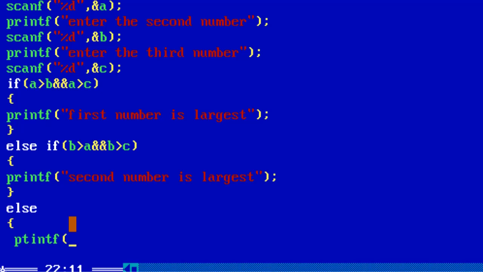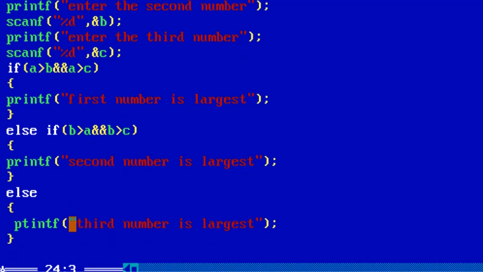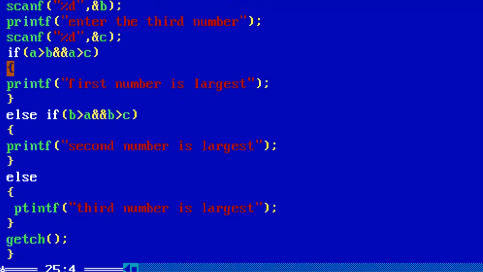So we print. Okay, we will close the program with getch, and we will see our program is done.